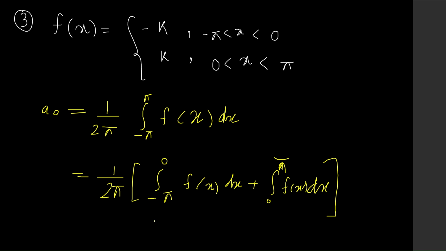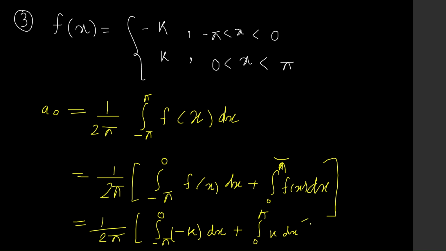So now the only thing we will do is the same procedure, splitting of limit for an also and bn also. So now we will proceed towards solving this problem. 1 upon 2 pi, for limit minus pi to 0, we have our function as minus k times dx plus, for limit 0 to pi, we have our function f of x as k times dx. On solving we will get